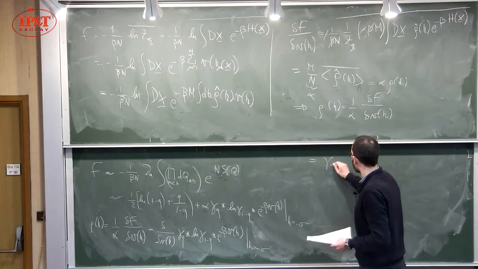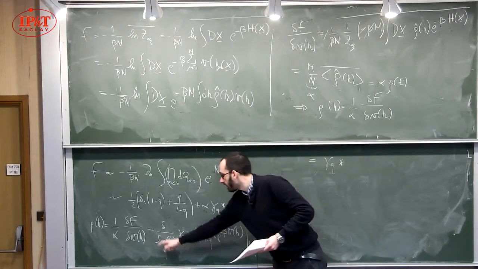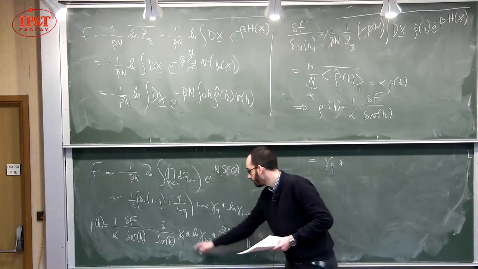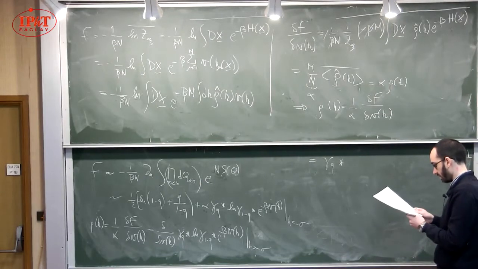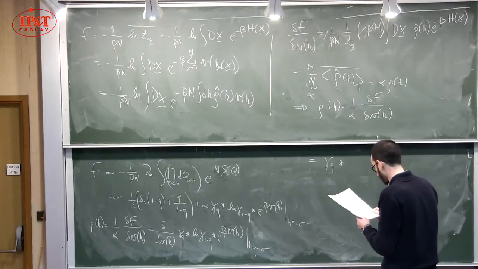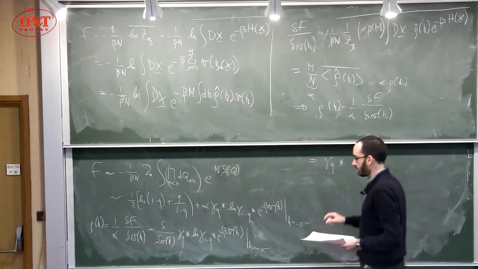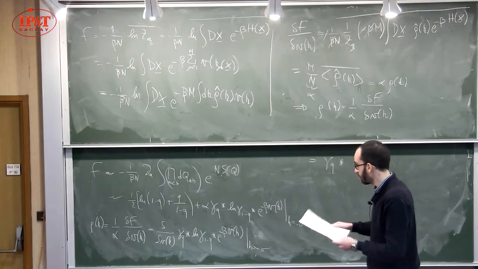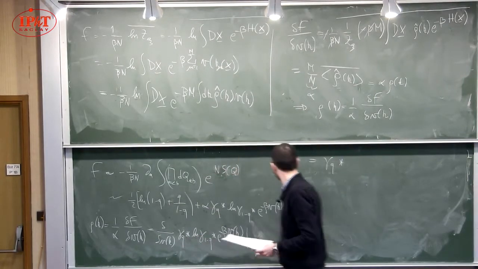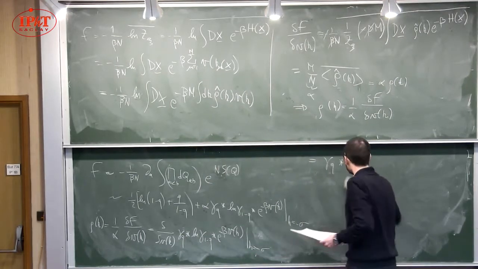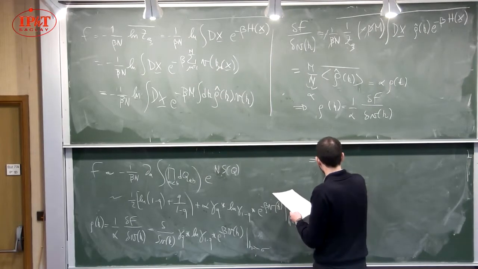And so this is just gamma of q. And then I have to take the functional derivative of this logarithm. And I hope not to make mistakes. So in order to do that, let me make explicit all these convolutions. So before doing that, I will do it. So this is